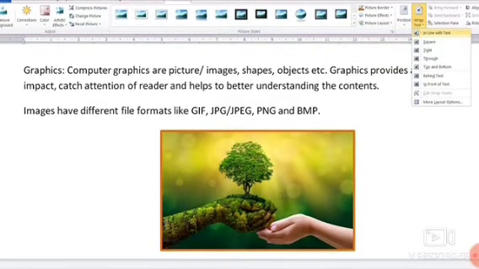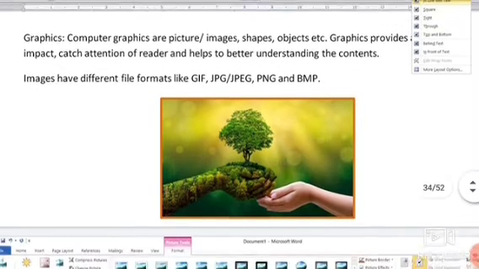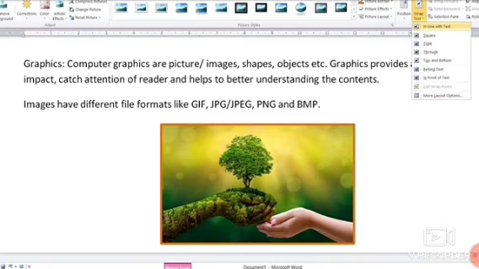Tight: the picture will come with the text matter in a tight way, very close. Through: the picture will come in between, and the text matter will come on all four sides. Top and bottom: the text will appear at the top of the picture and the bottom of the picture. And behind text: if you want to set the picture behind the text, you can apply it also.